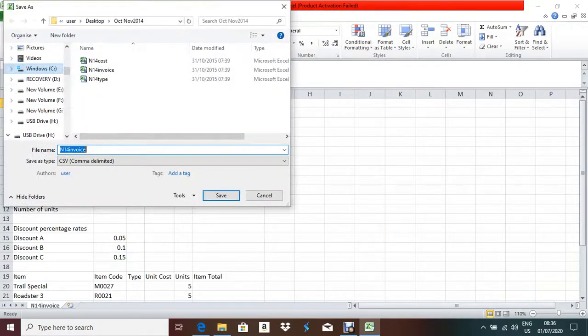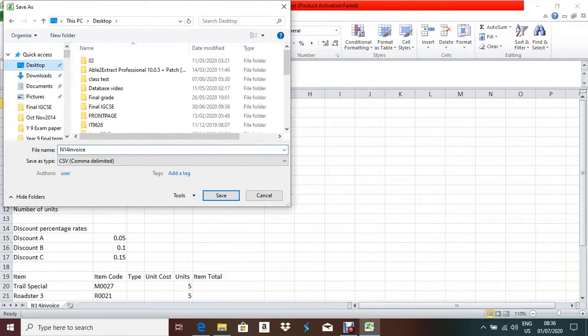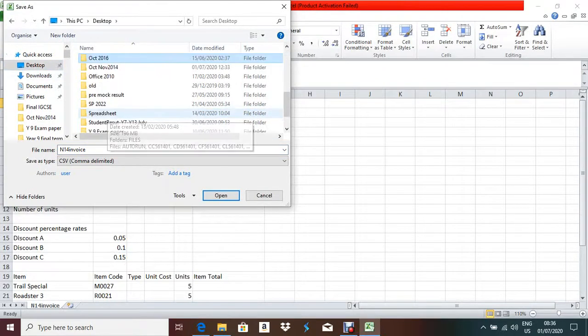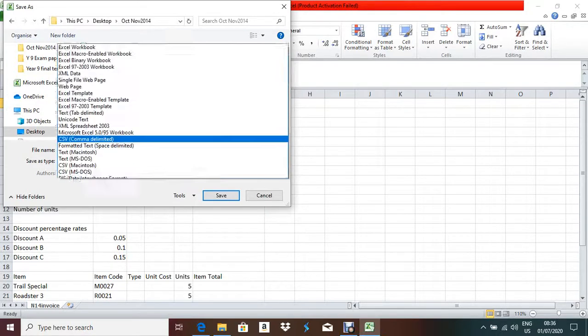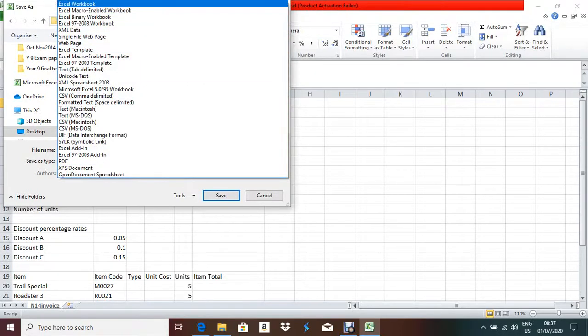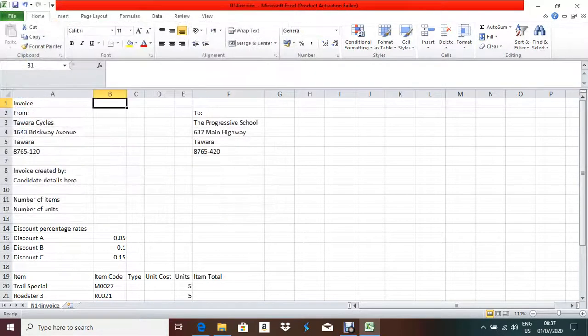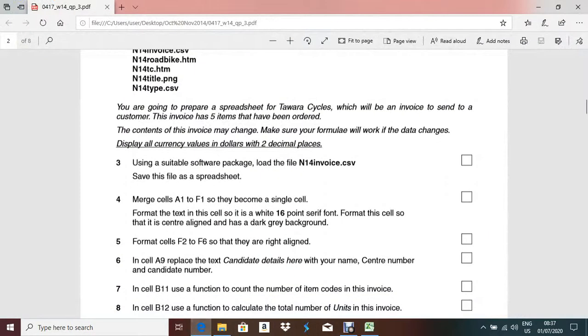You can save it in the same folder so it will be easily understandable, like the desktop, October November 2014. Just give any name the first time, but in exam time you have to give the name according to the question paper. It should be an Excel workbook, not CSV. So this is your first job: any CSV file you have to save as an Excel workbook. Okay, now let's go for the next question.